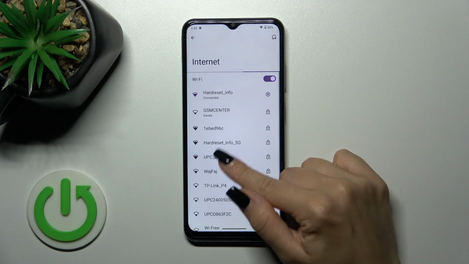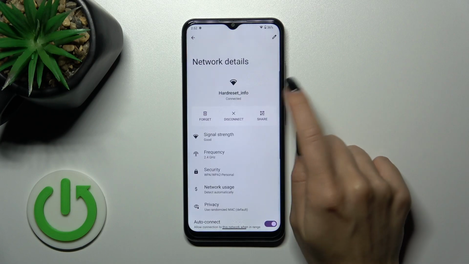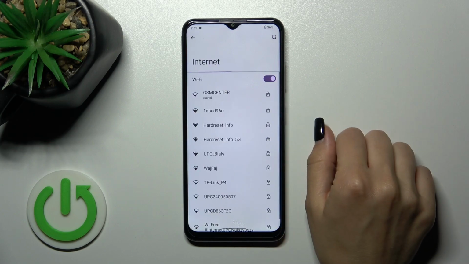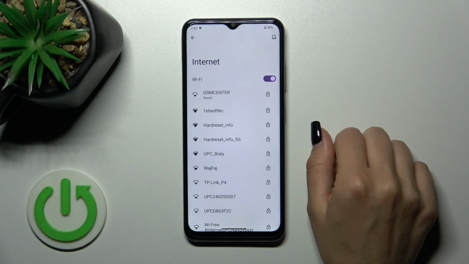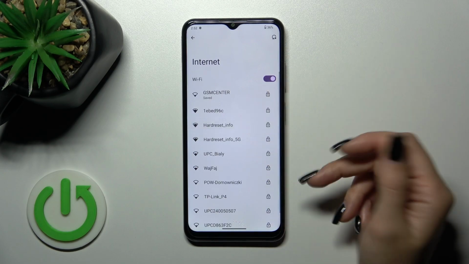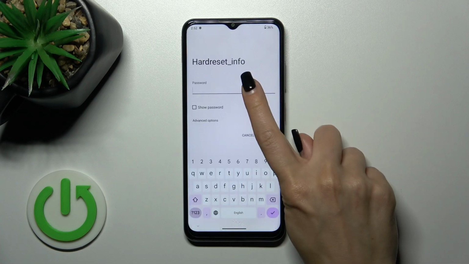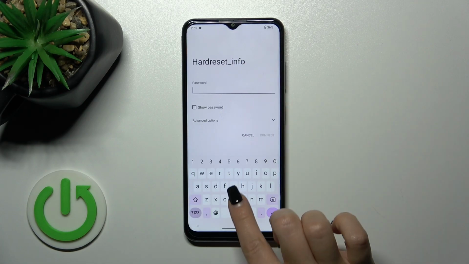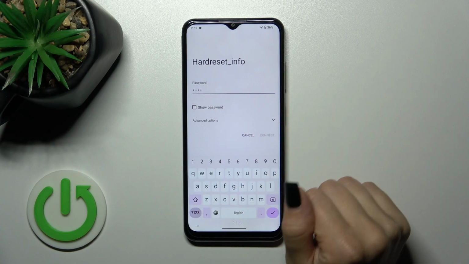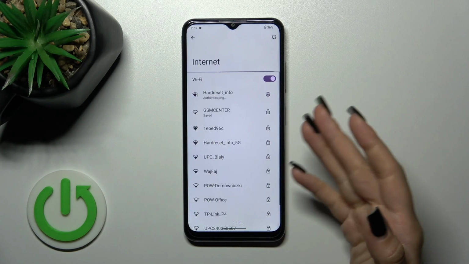After that you'll see all of the available networks here. If, for example, you're connected to this network, you could disconnect or just click to forget the password. After that, if you want to use the same or just one from the available networks, you should just tap on it, enter the password one more time. If you want to see this password, click the show password checkbox, then just tap to connect, wait a second,